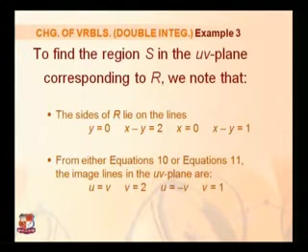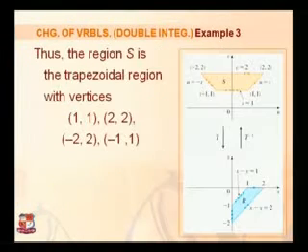So these are all the boundaries of the region in x and y coordinates: y is equal to 0, x minus y is equal to 2, x is equal to 0 and x minus y is equal to 1. And from the change of variable we will get u is equal to v, v is equal to 2, u is equal to minus v and v is equal to 1. So in this example the region will be changed from the xy plane to the uv plane in this way, as I have shown in the diagram.